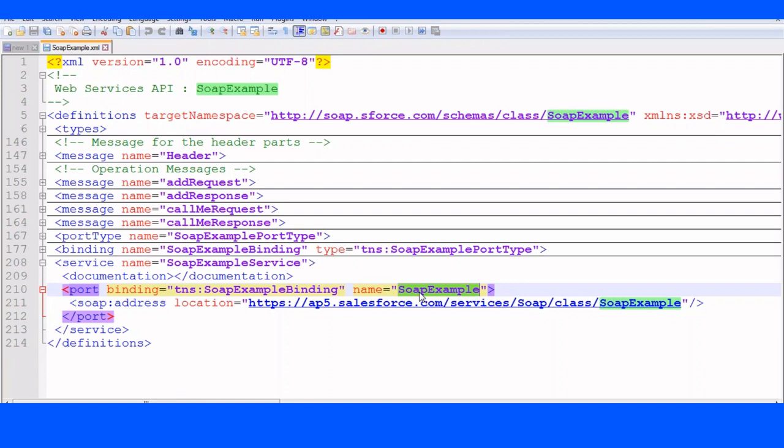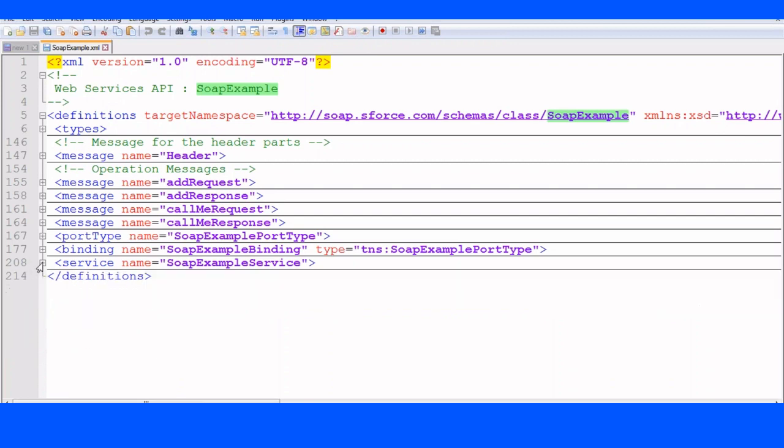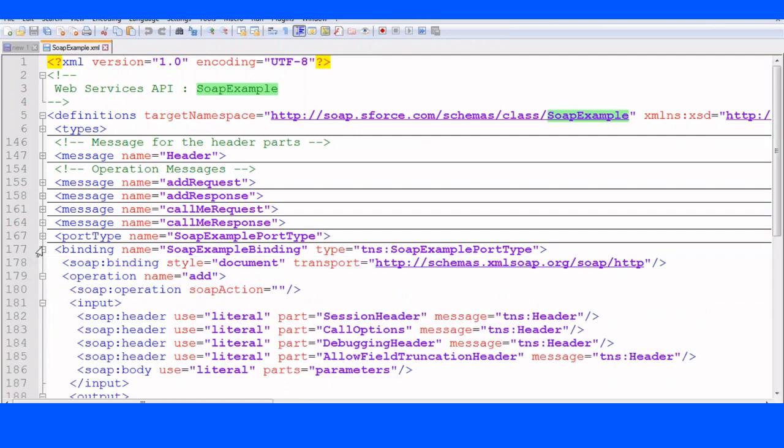So the service will have port information. Port is nothing but a class, and the address is nothing but the URL of the class. Am I clear? Now, this is the part of the service. Then what is the next one? Binding. When you go for a binding, in the WSDL files, there are two types of basic format: RPC format,